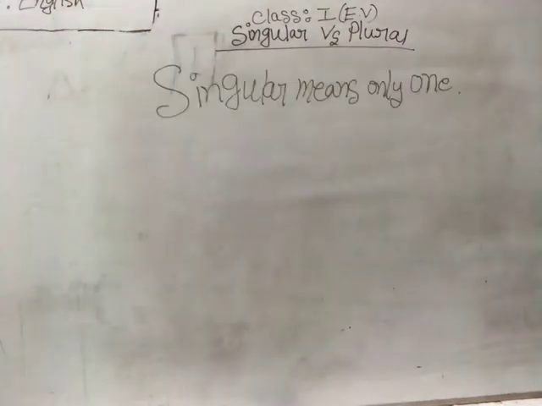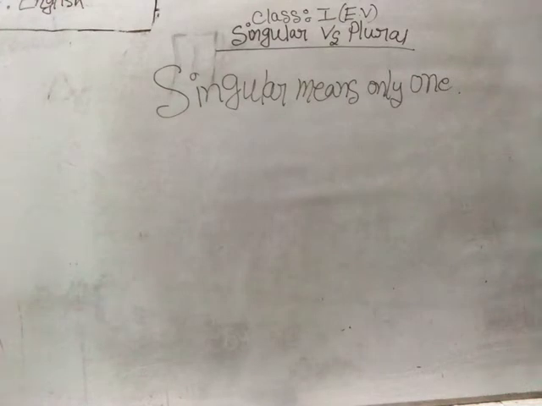Singular means single. Singular comes from single. The word single refers to the thing that is one in number. So to say, singular means only one. How many things? Only one. Just like an apple, that means one apple, or an orange, that means one orange. If I say a hen, that means one hen.